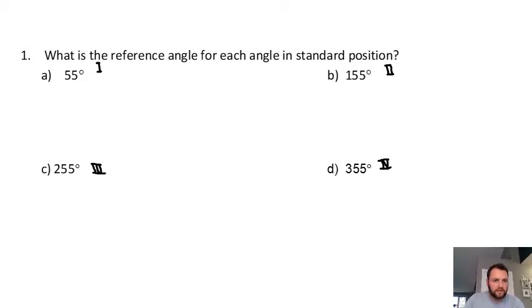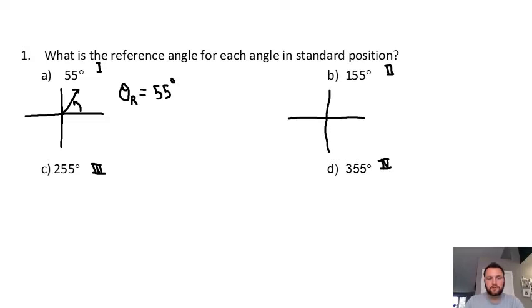So when I think about a 55 degree angle, it is somewhere in here. The closest x-axis is actually the one that we started from. So when our angle is less than 90 degrees, then our reference angle, which we write as theta with a little r subscript, is exactly the same. Okay, if I go to B,